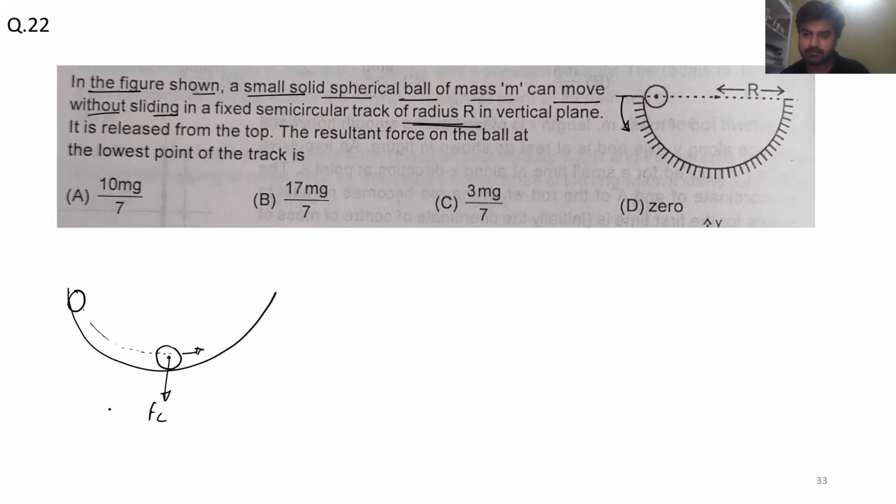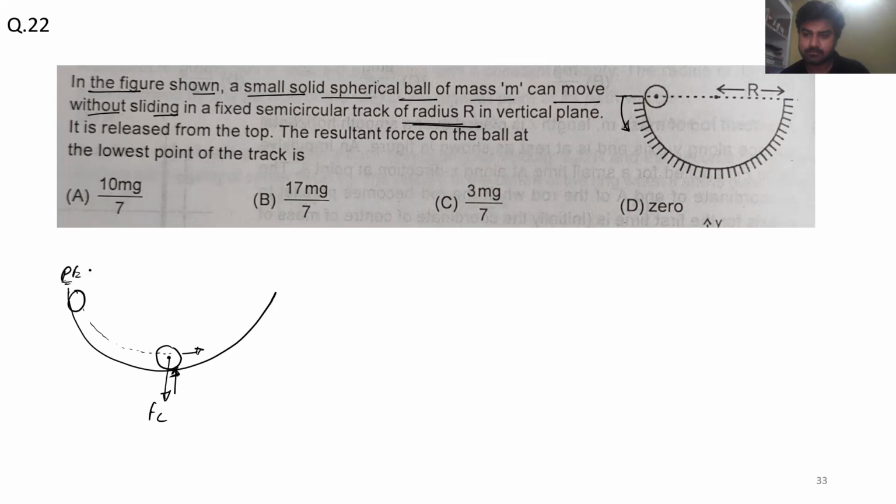So this Fc force is nothing but the resultant force on the ball. Fc force is what will give the normal. So by conservation of energy, I can write